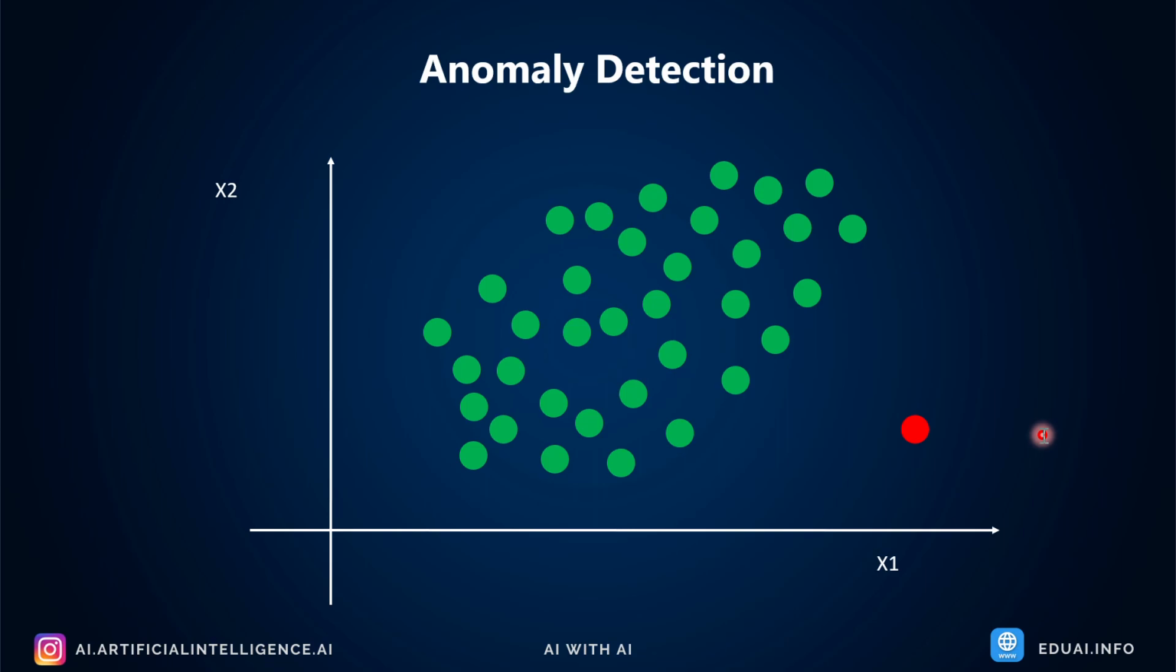Now let's proceed and understand what the different types of anomaly detection are and how we really implement